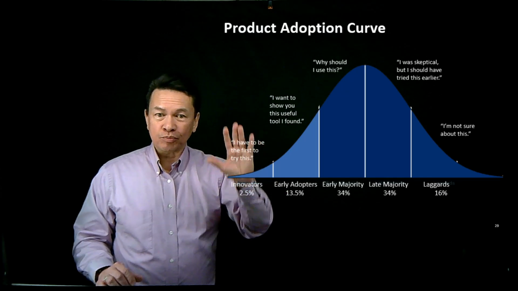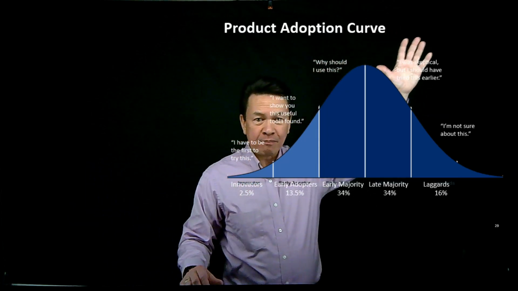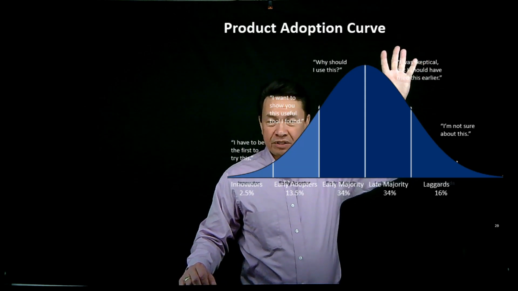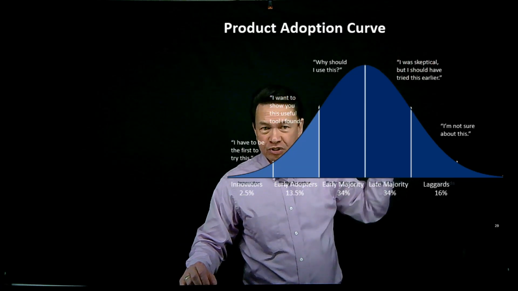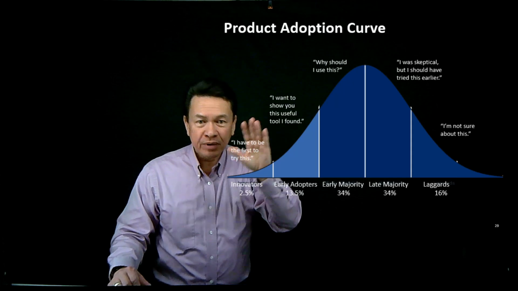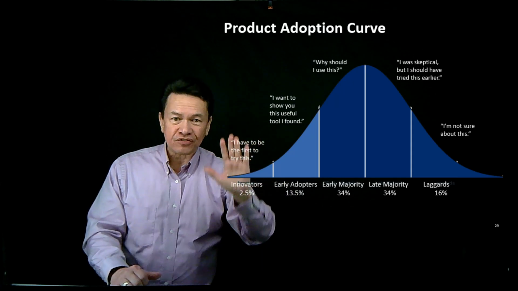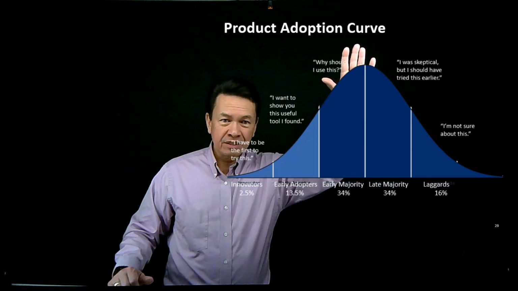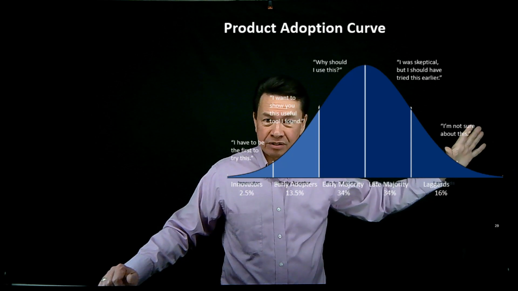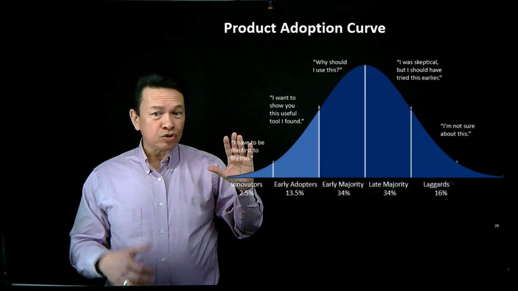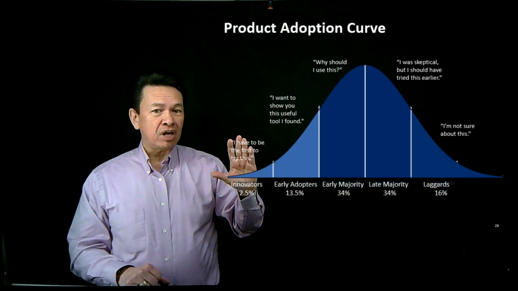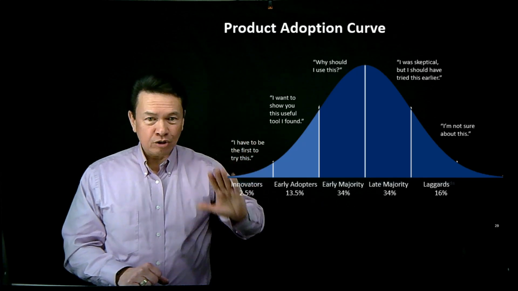Now, when I'm doing customer interviews, I might find other people that maybe they're late majority people, right? And so we'll talk about each of these, but you're trying to classify who they are because when I'm in sales mode, I want to hit up these first, then these, then these, then these, and then maybe never these, okay? And so the whole idea is innovators are the ones that jump on first. They want to be the first on the block to have it, and then they're the ones that buy.